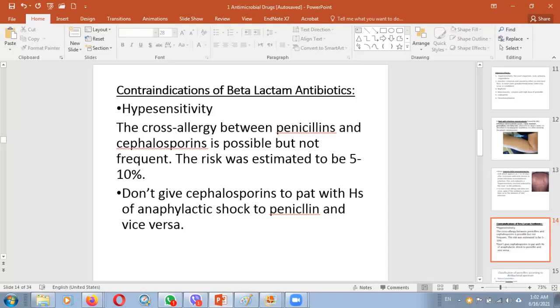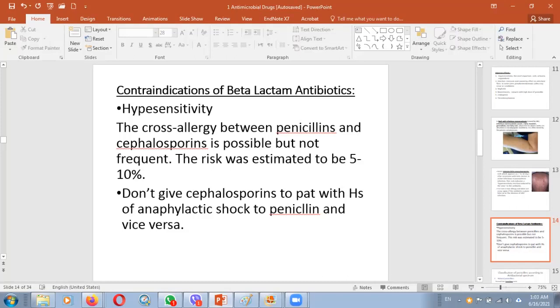طبعا هم most of them اللي هم يجوك للعيادة they never say anything about anaphylactic shock. They don't have any history of anaphylactic shock. هو كل اللي يشكي منها والله شوية جسمي طقع، صار بي راش وشوية عندي حكة. يعني this could be a sign of allergy, but it's not a serious sign. So sometimes I may take the risk and give penicillin or cephalosporin, but I advise the patient to